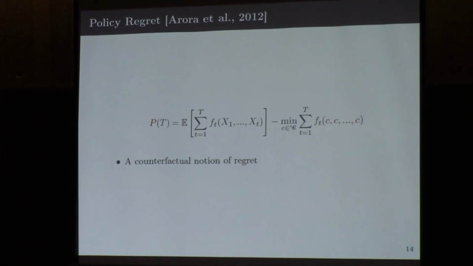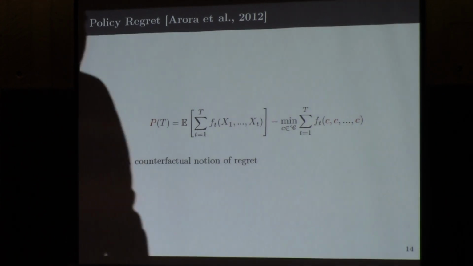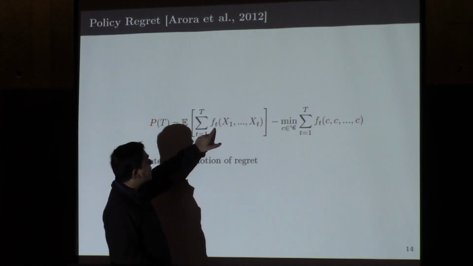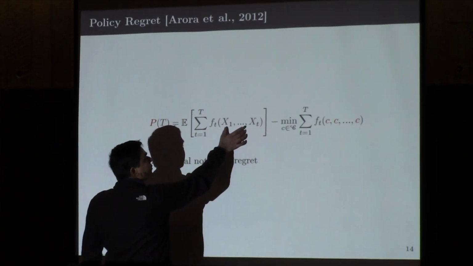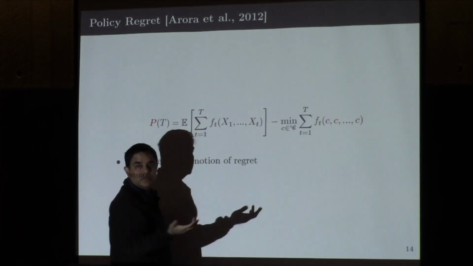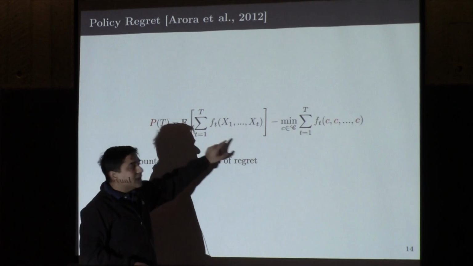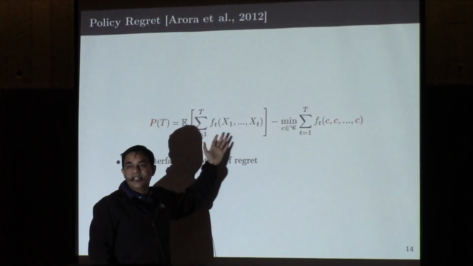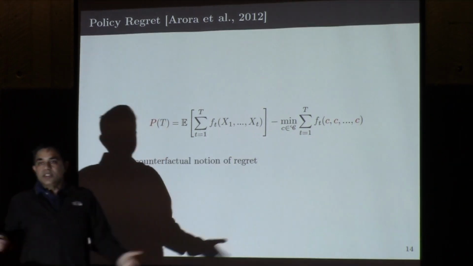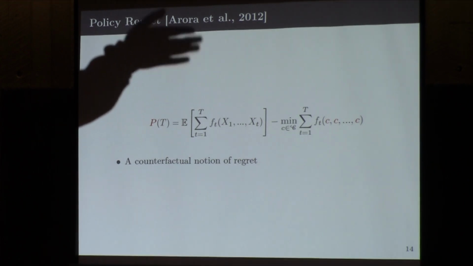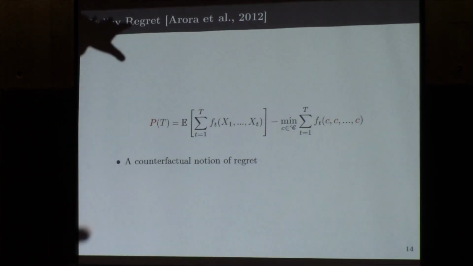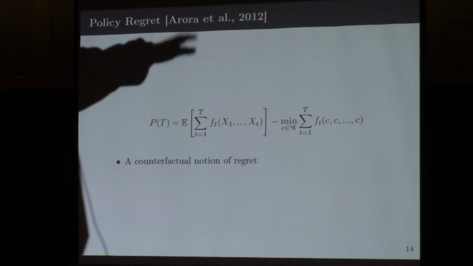But just now you argued that this notation does not make sense. I'm saying this notation, to me, makes sense and this is the right way to write it. But another way to think about this is that I could write gt as a function, ft of x1 through xt minus 1, dot. And this function gt and this function gt tilde are different. So the player sees these losses that depend on its actions, and the competing strategy sees functions that depend on its actions. I'm just unrolling it so it's a little closer to the way we write regret.